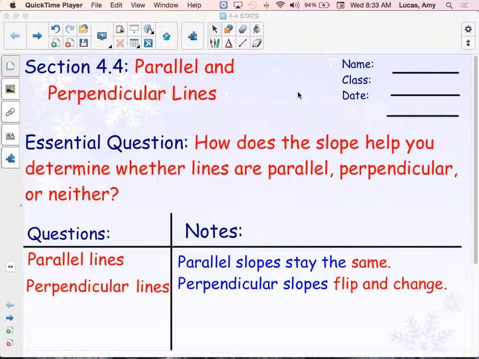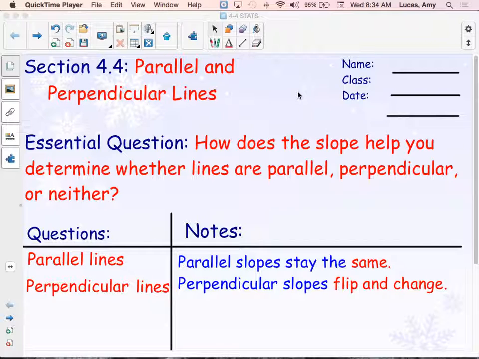Lesson 4.4, Parallel and Perpendicular Lines. Our essential question today is, how does the slope help you determine whether lines are parallel, perpendicular, or neither? So we're focusing on the slope in our equations, and that one piece of information can help us figure out